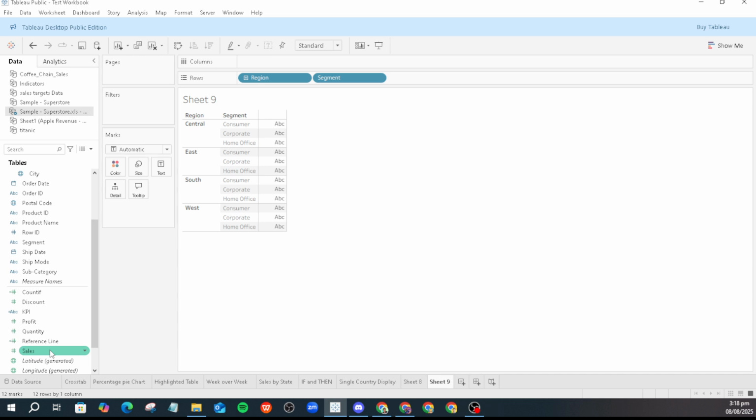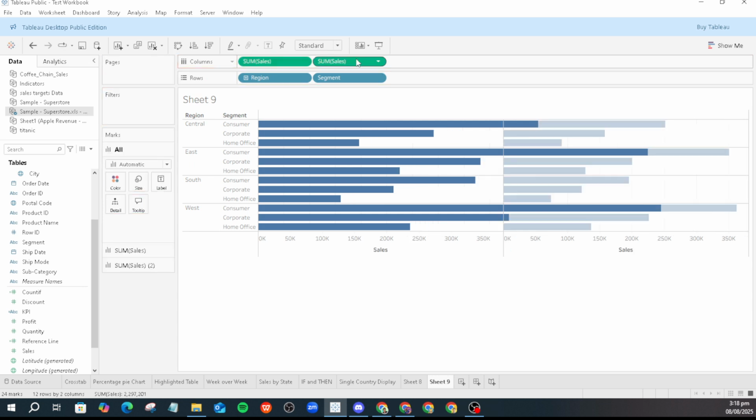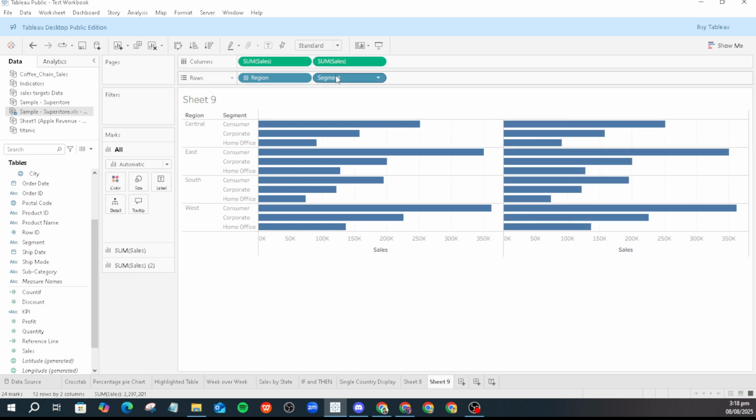Now it's time to bring your sales data front and center by dragging it to the column shelf. This will plot your sales data along the bars you're about to craft. To add dynamic interaction within the chart, duplicate the sales data by pressing and holding the Ctrl key while dragging sales once again. This action creates a second version, which we'll tweak in a little bit to facilitate the label